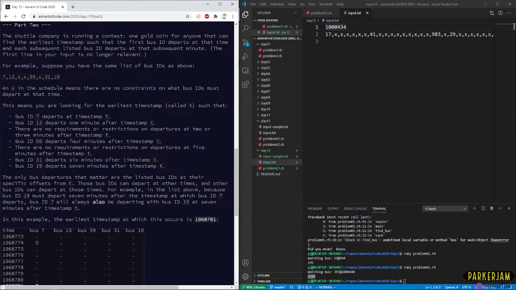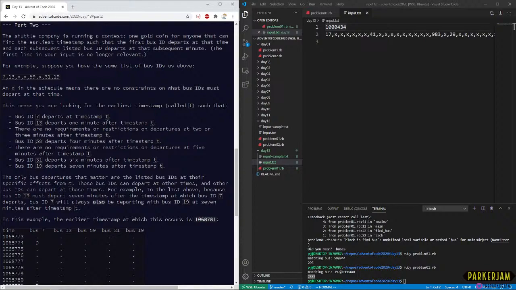The shuttle company is running a contest. 1 gold coin for anyone that can find the earliest timestamp, such that the first bus ID departs at that time, and each subsequent listed bus ID departs at that subsequent moment.